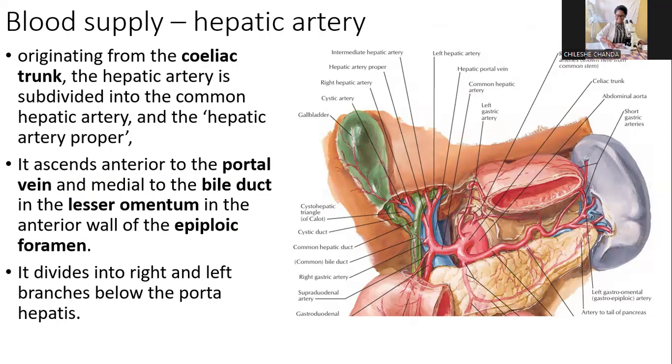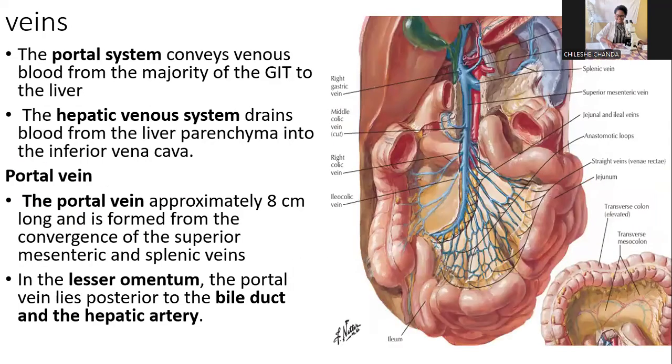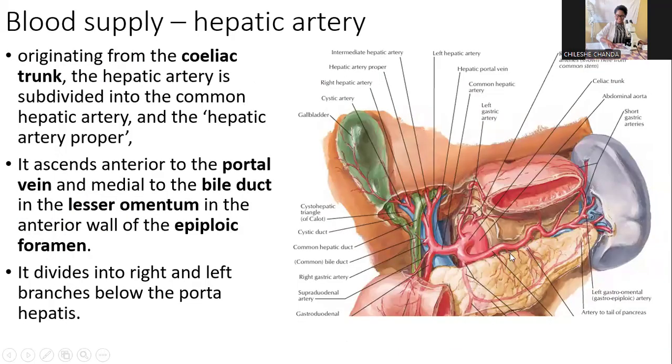Now, what is the blood supply of the liver? Now, we have the hepatic artery. Yesterday, we talked about the hepatic artery. When you look at the aorta, the aorta is a big blood vessel that is coming from the heart. So if you look at this picture here, you notice that first of all, we have the aorta,